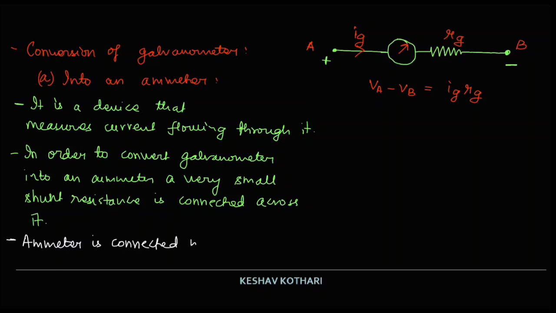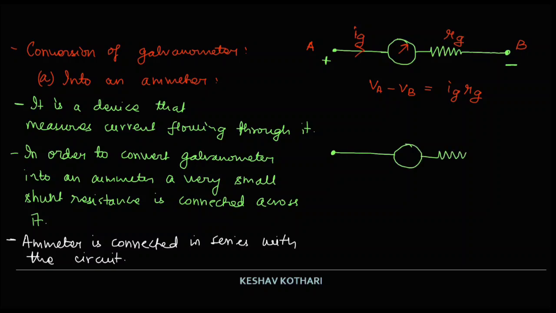Is connected in series with the circuit. But in order to convert a galvanometer into an ammeter, we are attaching a shunt resistance. When I say I am attaching a shunt resistance, I mean to say something like this, that in this arrangement,